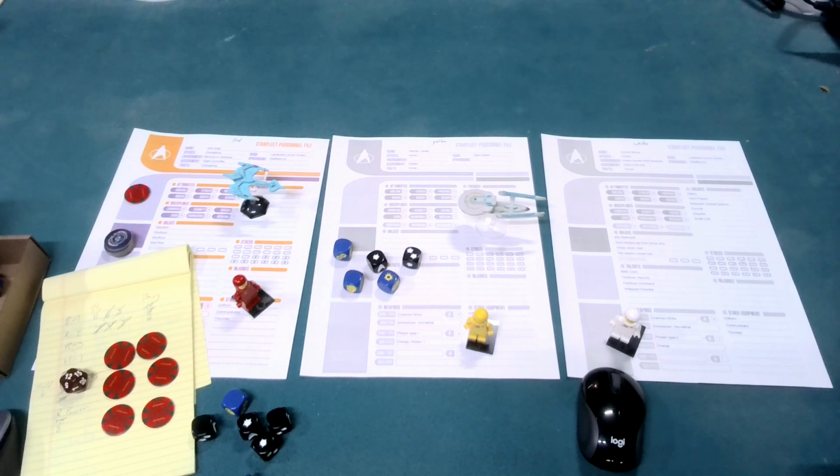Alright, if the task is successful, then the attack inflicts X damage as described in the weapon profile. If the specific weapon is not targeted, roll to determine which system gets hit, which I didn't target anything. So I rolled a 2. I got computers. Now, whenever any ship suffers damage, follow this procedure. Roll the number of dice for the attack. If the hazard's damage rating, the total,